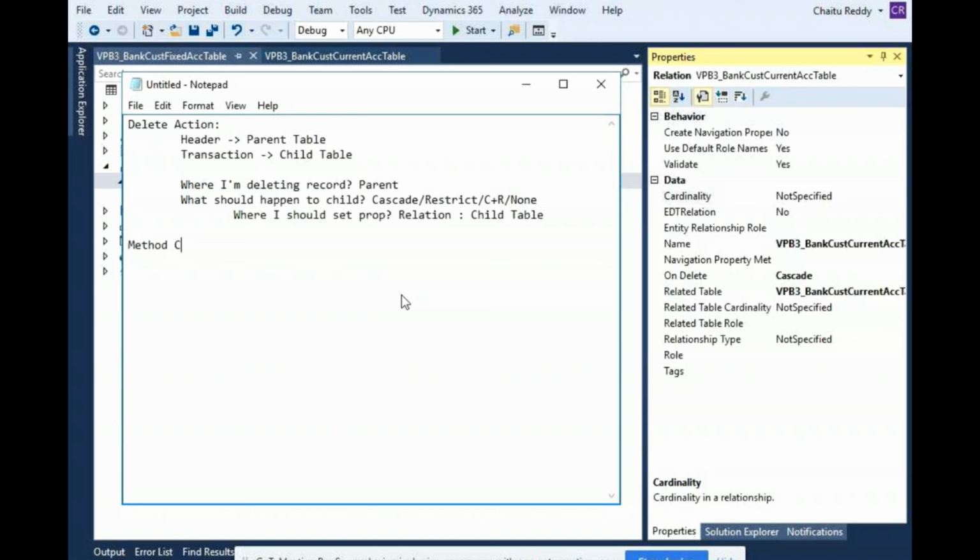The method calling sequence. The first one is create, and read, and update, and delete. So these are the four methods, the usual methods. So create: initValue. This is a one-time call. Remember, initValue is a one-time call, and the next one is